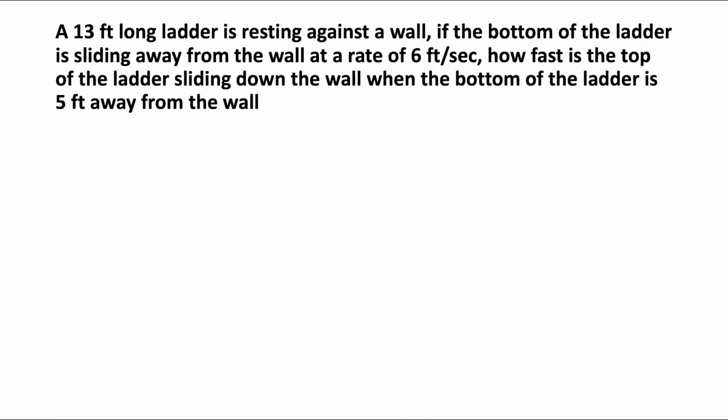So here we have a problem in which a 13-foot ladder is resting against a wall, and if the bottom of the ladder is sliding away from the wall at a rate of 6 feet per second, how fast is the top of the ladder sliding down the wall when the bottom of the ladder is 5 feet from the wall? So this is a pretty convoluted question if you've never worked with related rates before, but I promise you